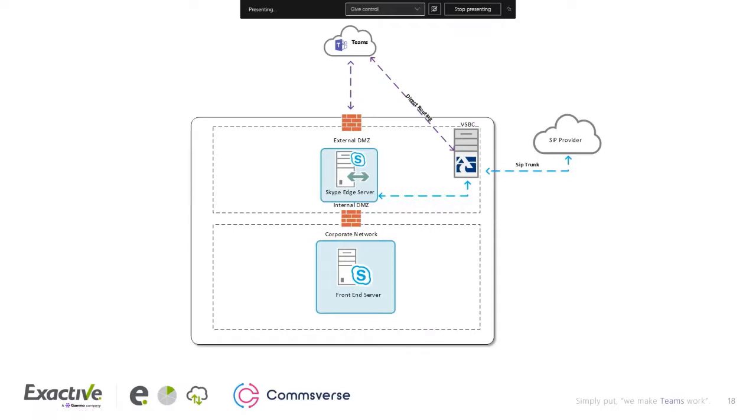And if you wanted to have the user actually moved up to Teams, you'd move them from your Lync pool to your Skype for Business pool, and then they would use that federation route up to Teams. And that's how you'd get your users moved up there. And then once everything is done, you can decommission your whole Lync estate, decommission your whole Skype for Business estate, keep the SBC as your direct routing, or if you approach a direct routing provider, you can even get their SBC and just port the numbers over to the direct routing provider. It's a very straightforward way to do things.